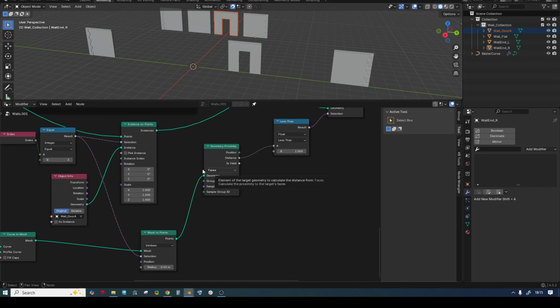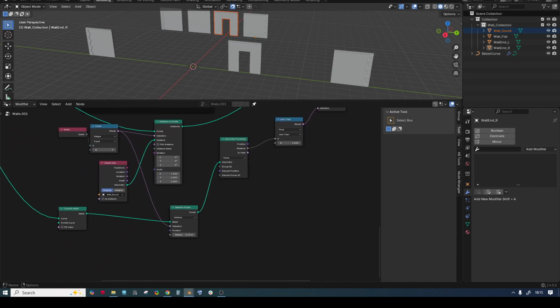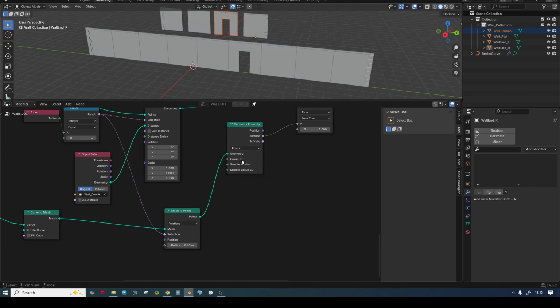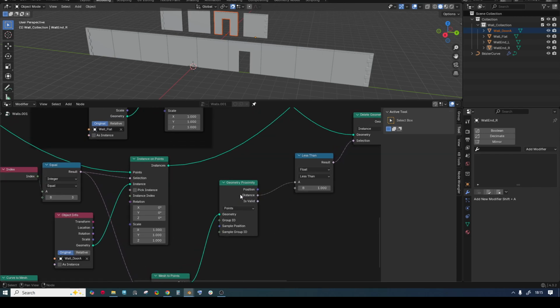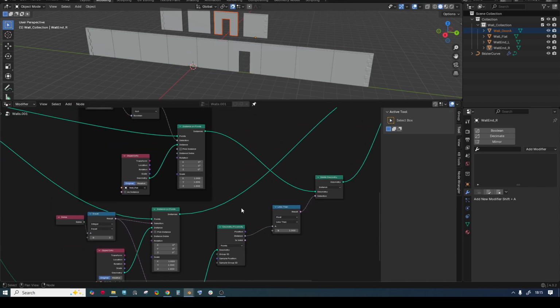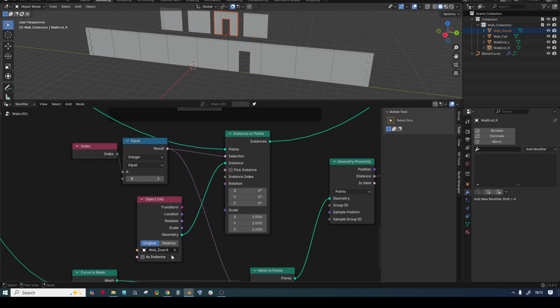So I want to delete the instance first, and also I want, based on a point, the geometry proximity by that point we just saw in here. So now you can see I can move the door around,